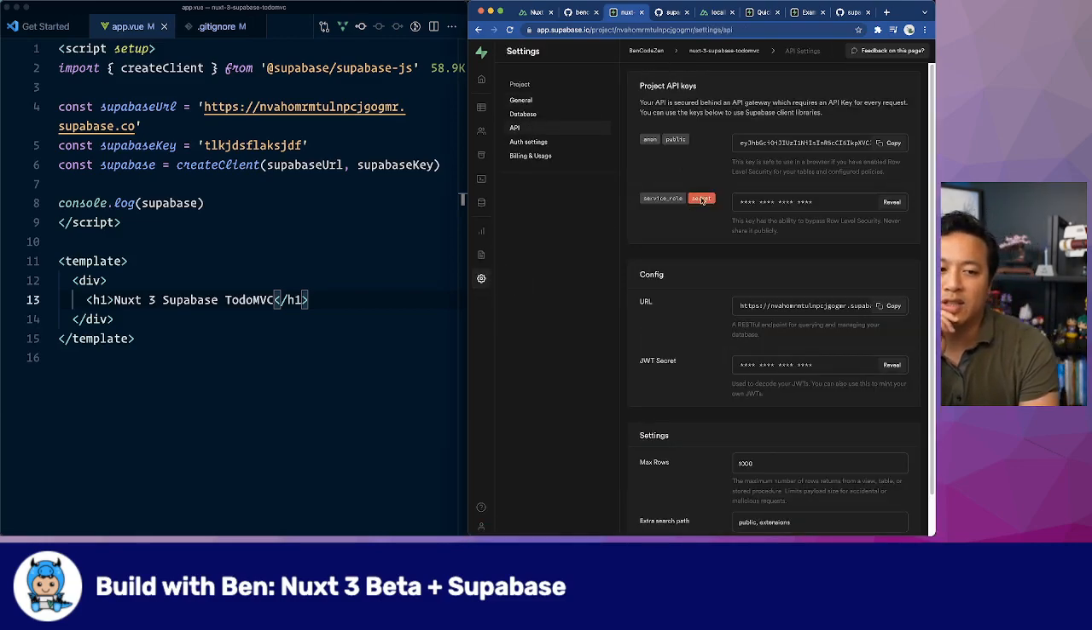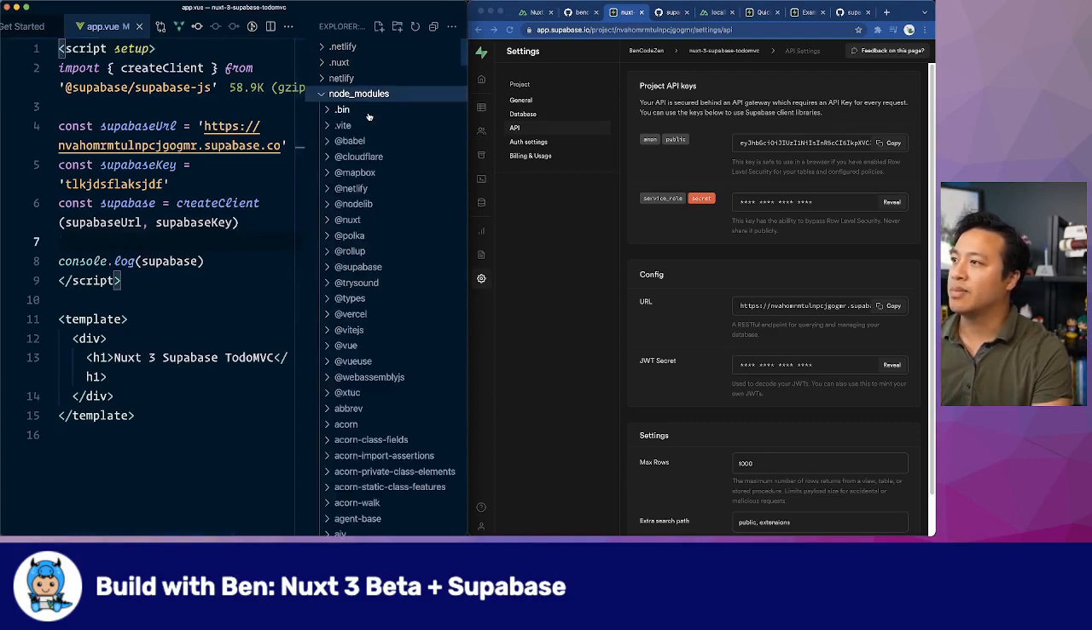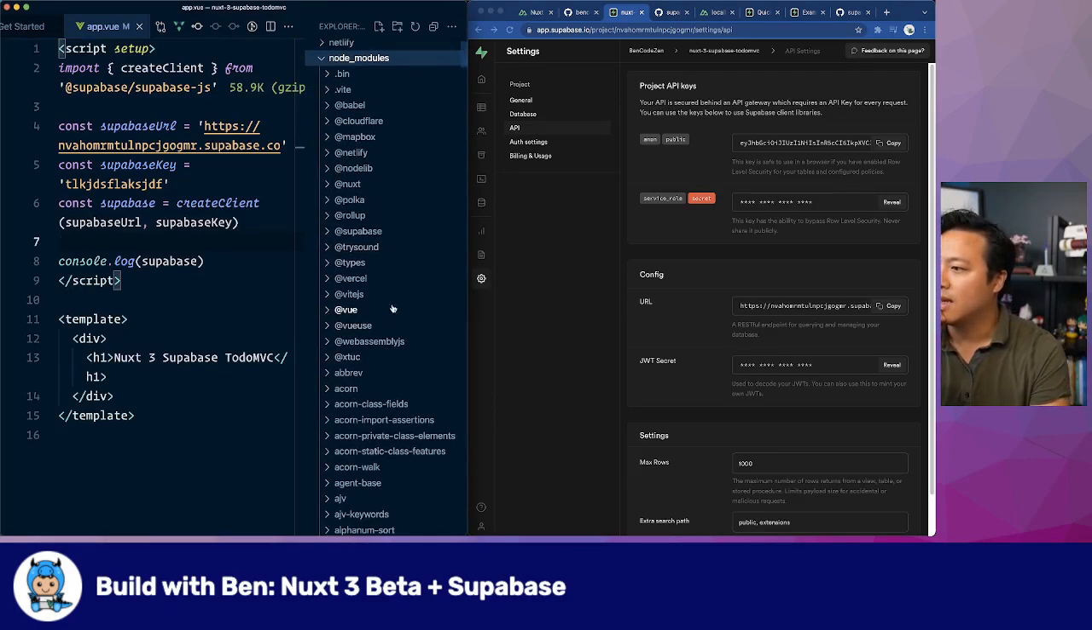Jacob here with a suggestion. I think you could turn on SSR and directly import the CJS package. Directly import the CJS package. How would we do that? Let's see. Supabase